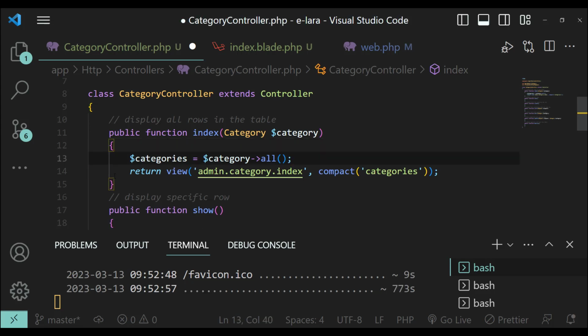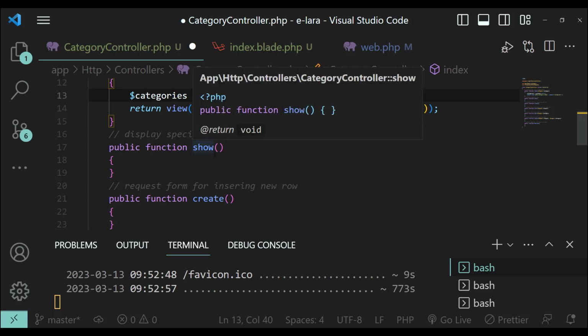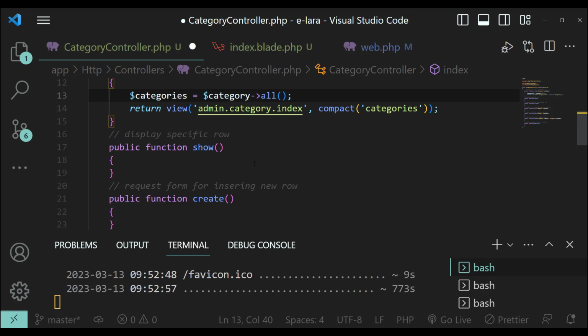Okay, so now we are done with the index method. Now we can move on to displaying just one particular row from the database table, and that row is going to be based on its primary key. So that means we need to pass some parameter over here, but what parameter? For that, let's go and visit the URL,